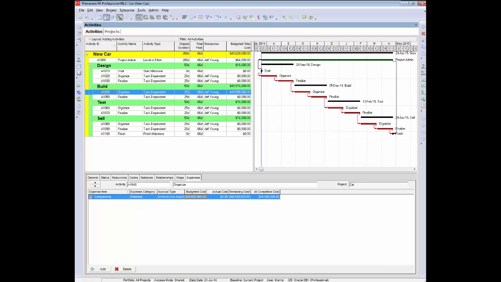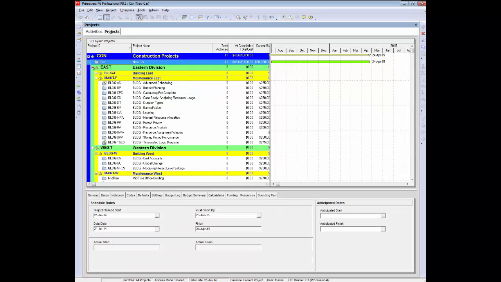So here we are back in the car project, ready to do the three phases of optimization. So we'll start with the timeline of the schedule. And you remember that our project started in July 14, and at the moment it's finishing in April 15. You might remember that when we scoped out the project, we said that we had 6 months from July 14 to do the job. Now if we go back into the projects tab